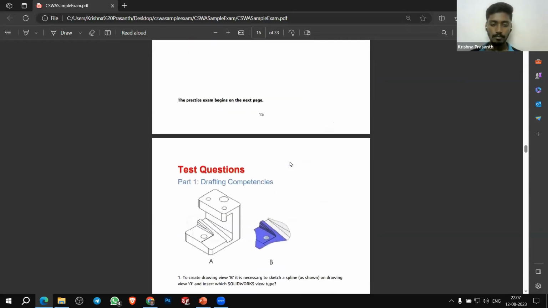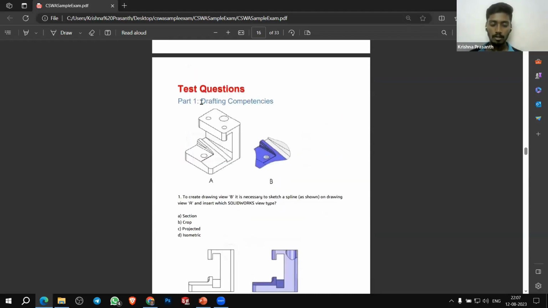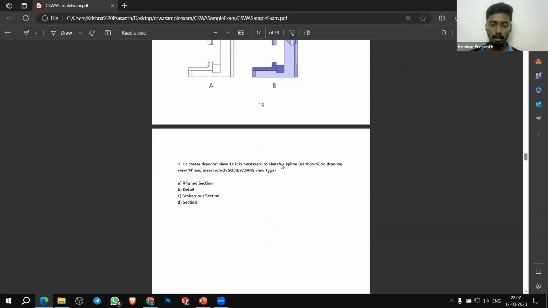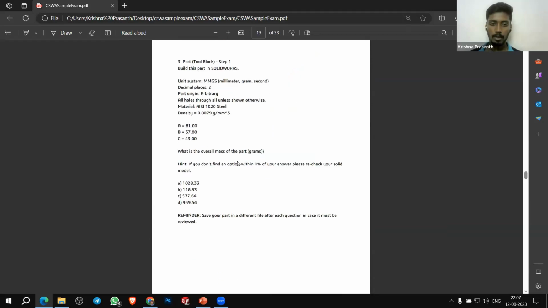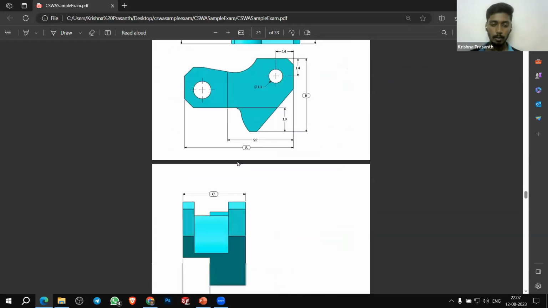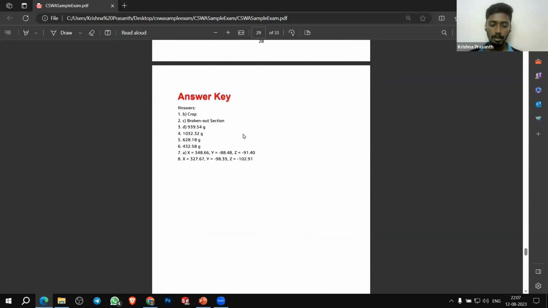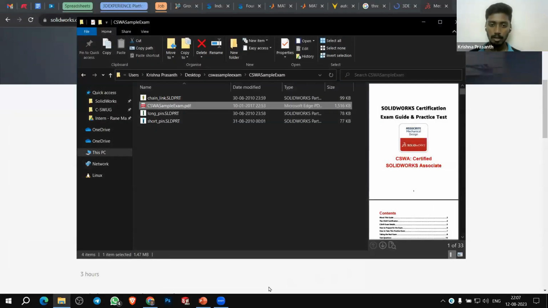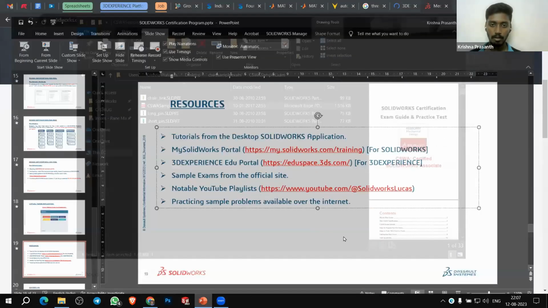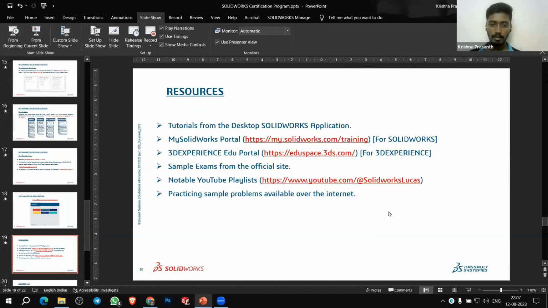This is the basic level of questions available in the CSW. They will also provide the answers on the final page to get you the correct answer. So this is the other resource available for users, and then practicing the problems is available.